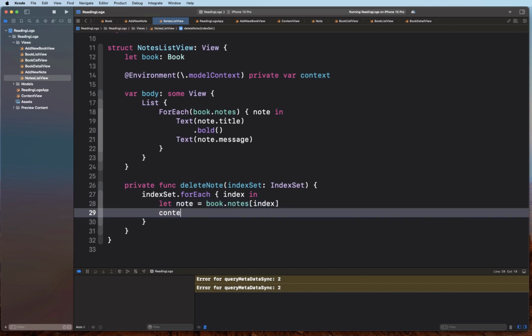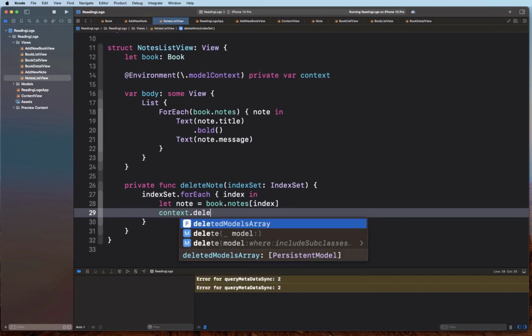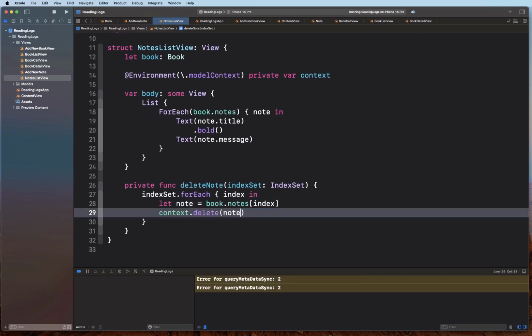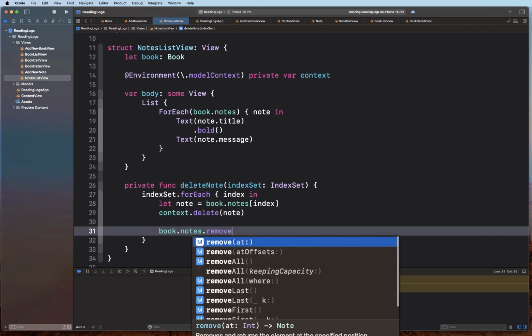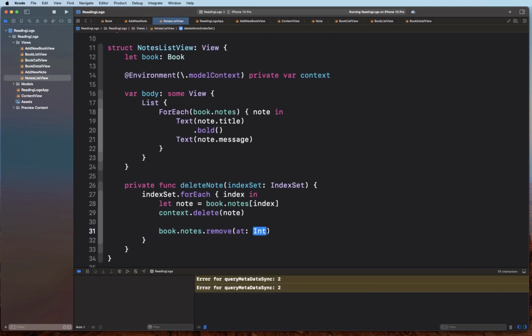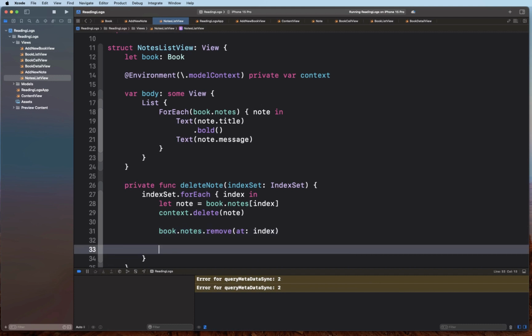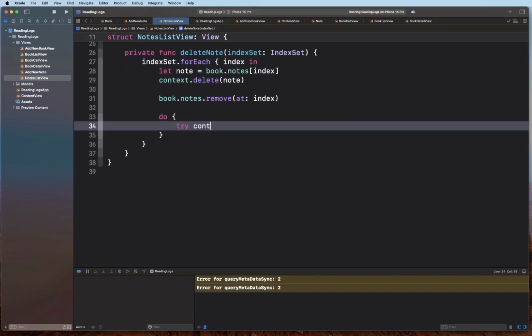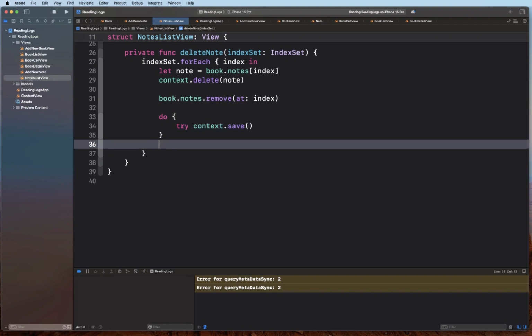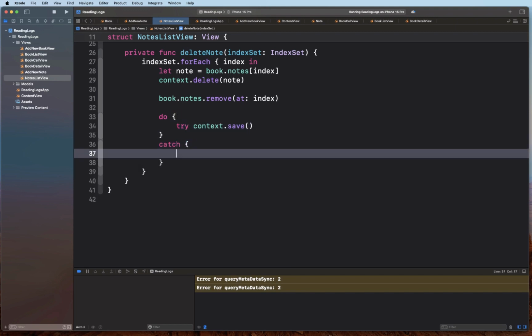We're going to call the context and delete that particular note. We also want to make sure that we delete that note from the book itself as well. So let's remove the note at the index, and let's go ahead and save this. So try context.save, catch